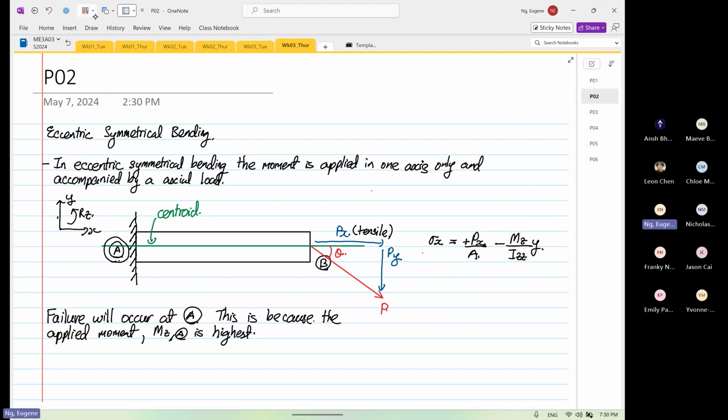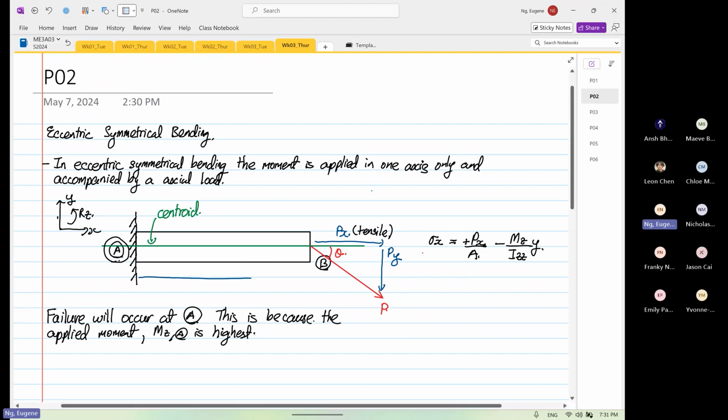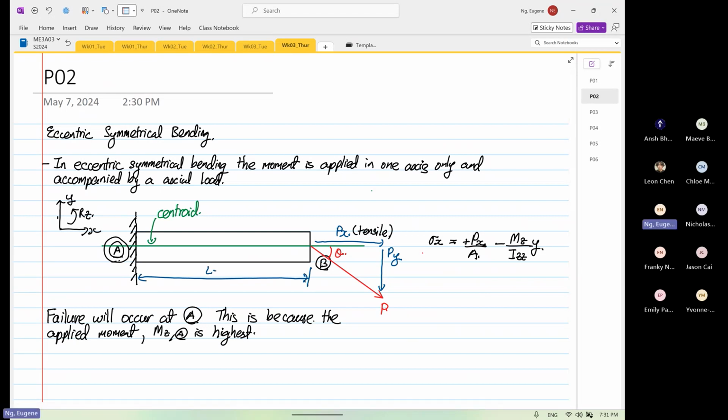Why is that? Okay, so if we call this distance from here to here L, right? If this is L, right? So moment about Z at point A is equal to Py